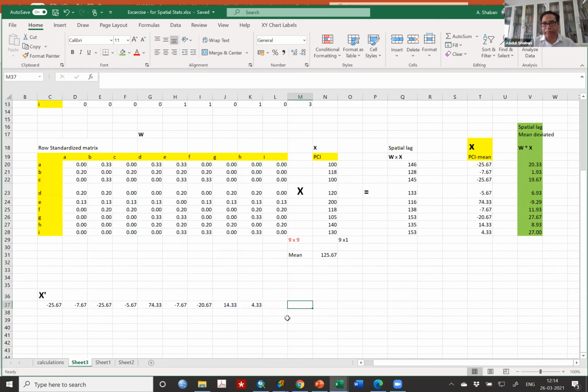Anyone, could you do this? Urva, have you done this? It's working? Yes, sir, I'm doing it. Once you are done, let me know. When all of you are done, let me know.